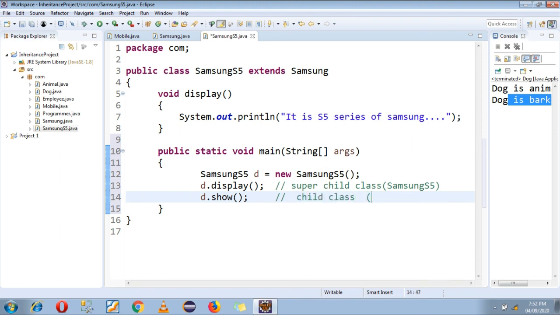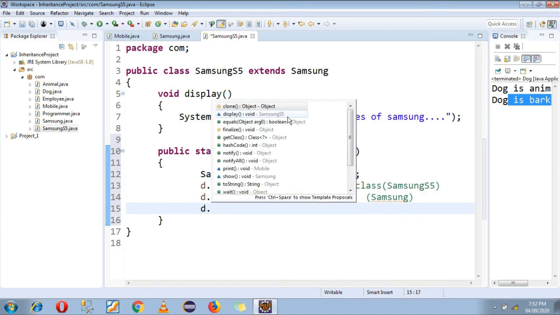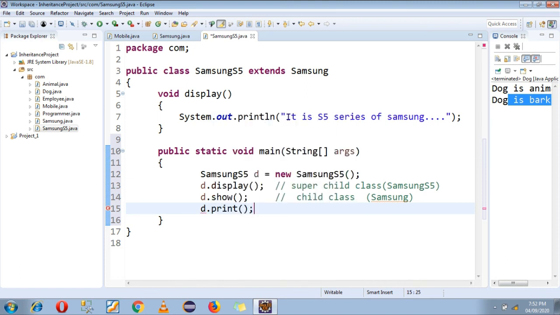And the third one is nothing but the print function, that belongs to the parent class, the super parent class, that is nothing but Mobile. So in this way you can create multiple parent classes which are derived by multiple child classes.